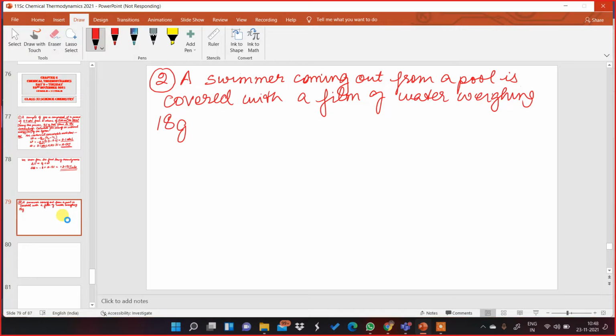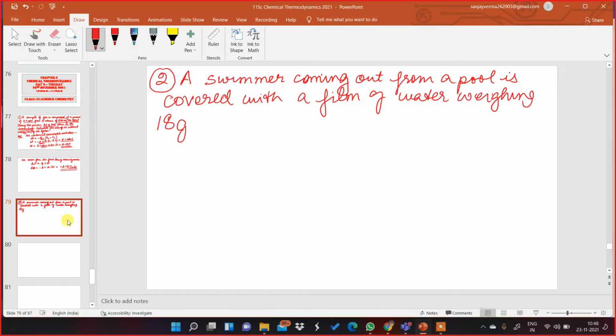will be a thin layer of water on your body. So that is what is happening over here, and the assumed mass of the water that is covering the body, for this question, is 18 grams. It is how much? 18 grams. Now the question is